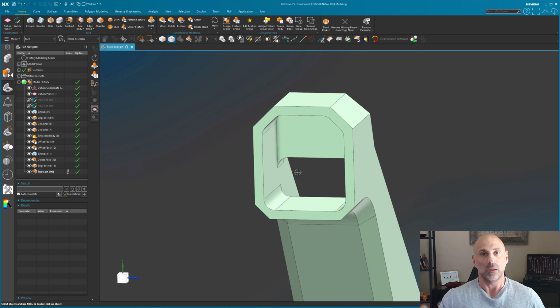So I designed the part thinking everything's going to be great, and the machinist, the person that's programming it, comes back to me and says, hey, we need to put in a little step, a tiny, tiny, tiny little step, basically 5/1000ths. It's really not much, but it's enough to give not only the machinist, but the person that's inspecting the